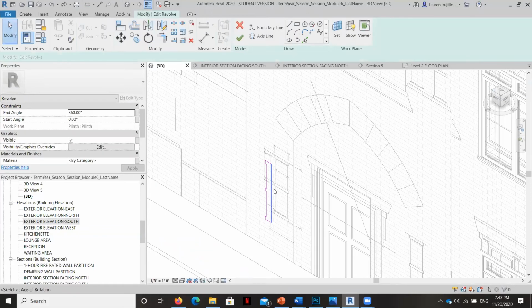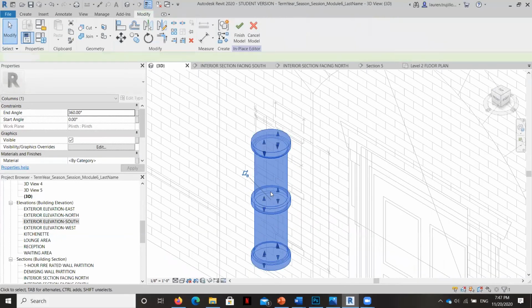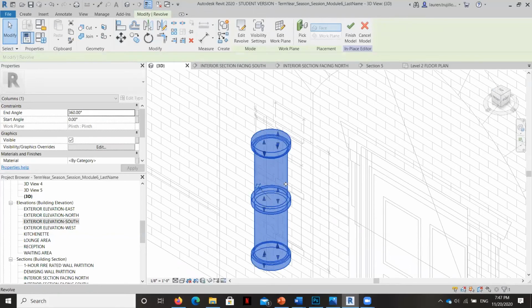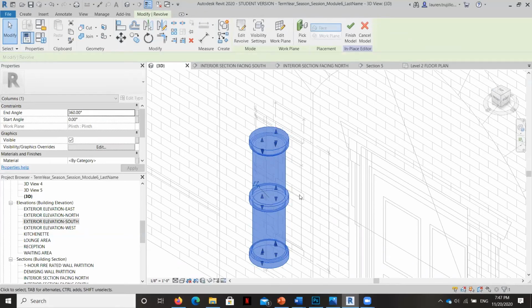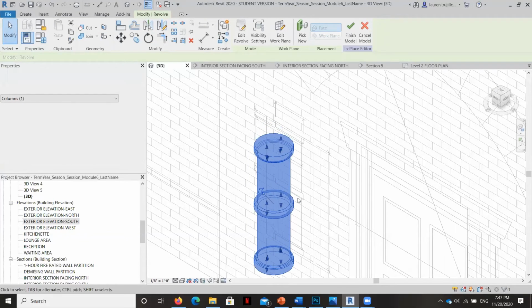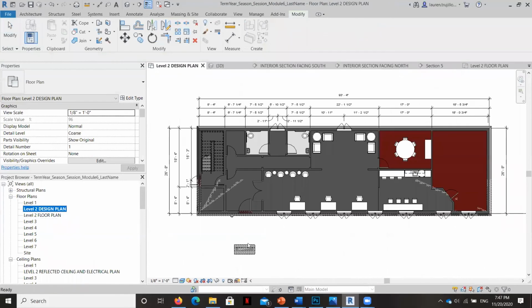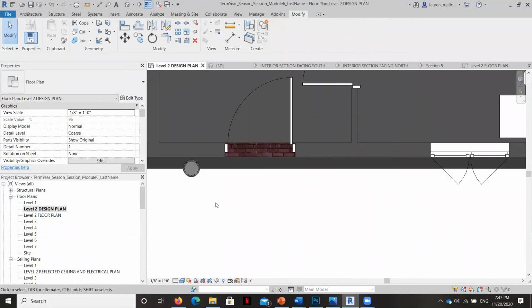So we'll go back to when it was centered correctly. I'm just hitting the undo command. And now you can see that column's ready to go. Now, if I want to move this, because eventually it's going to be a part of the frontispiece that we add on, I can move it with my arrows up and down and left and right, but it's not going to move the way that I want it to on the plan because of the reference plane that it's on. See, there's the column right there.